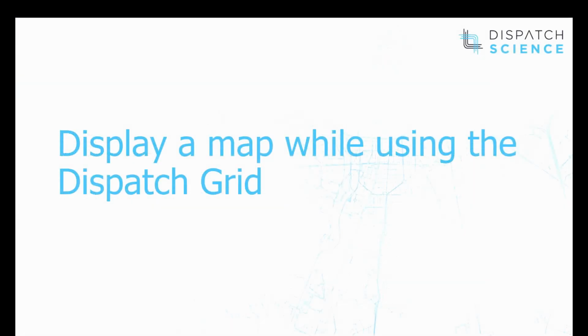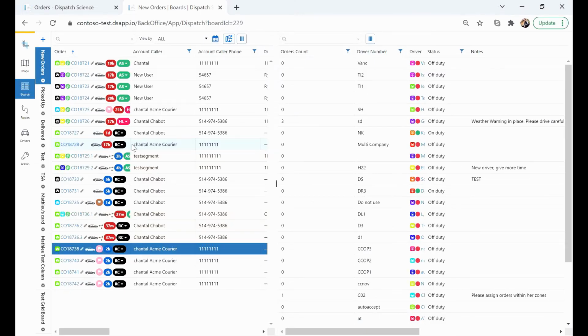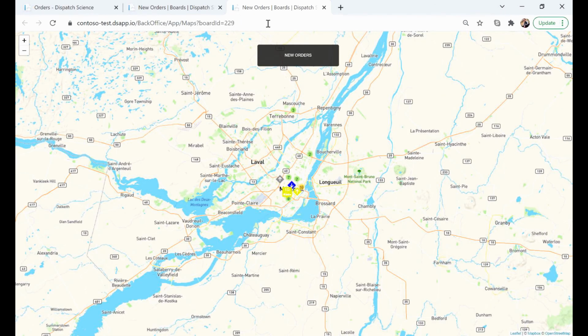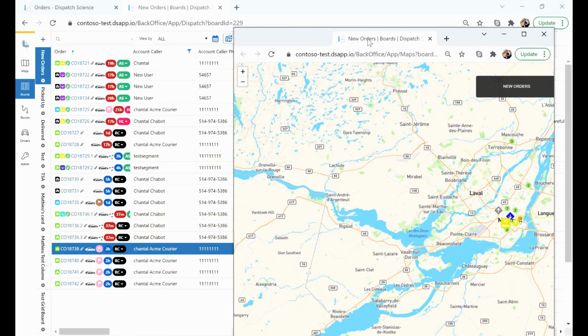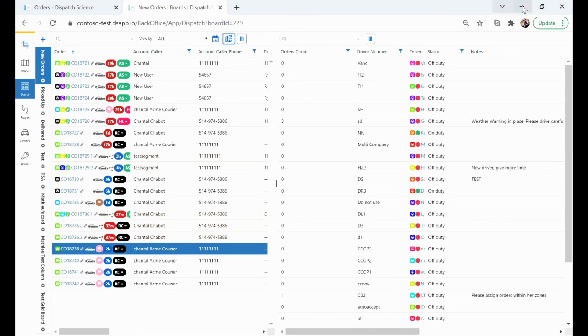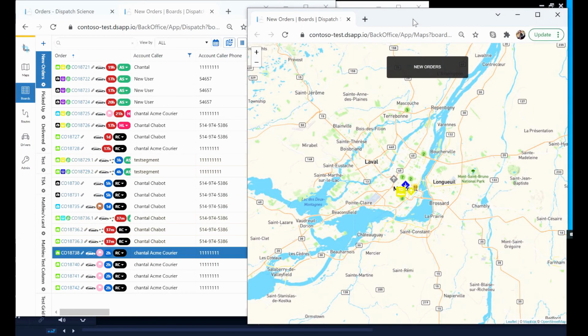Now let's look at the new capability of displaying a map while using the dispatch grid. We're excited to show this new feature for our users. It's the capability of associating and showing a map that's linked to the dispatch grid. To do so, there are two ways. The first is just to click on the new map icon on the screen, and you will open up a separate window that will display the map of all new orders. All you have to do is just move it out, separate it,